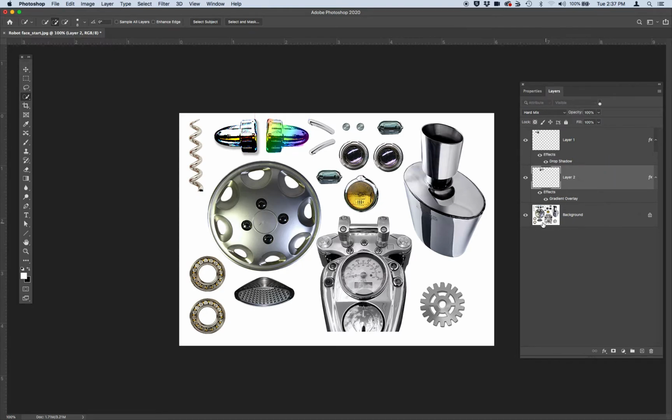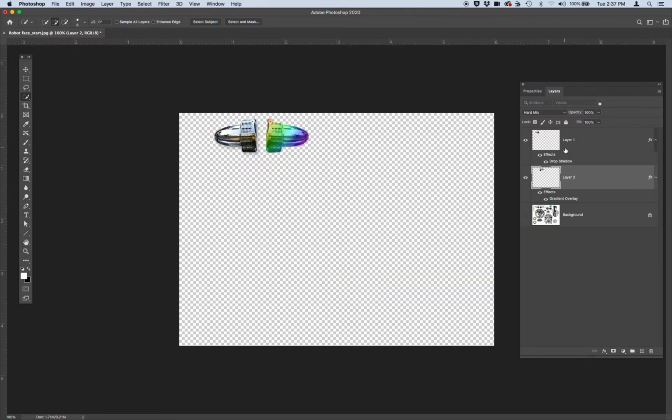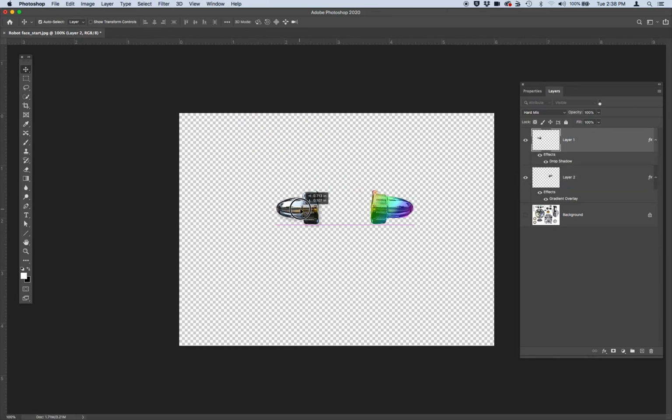How I do it at the end is I hide my original background layer so that I'm left with just my individual layers, and from there I grab my move tool. One pro tip is make sure you have auto select layer checked, and it makes your interface clickable so you can start to move these elements around fast and start to put together